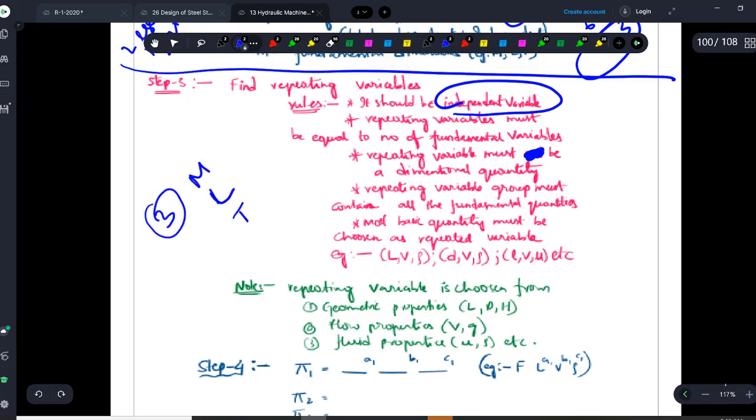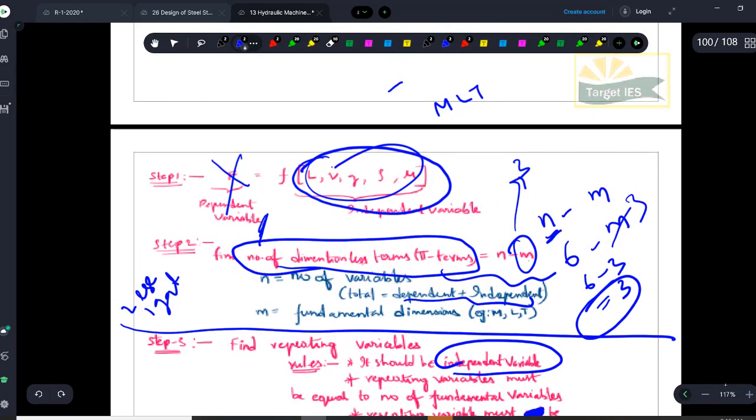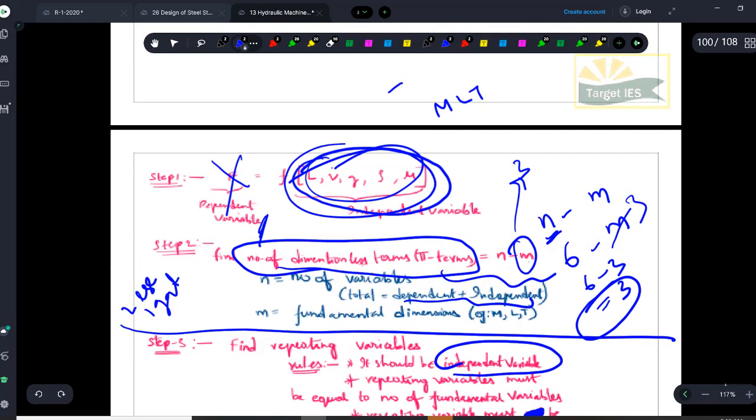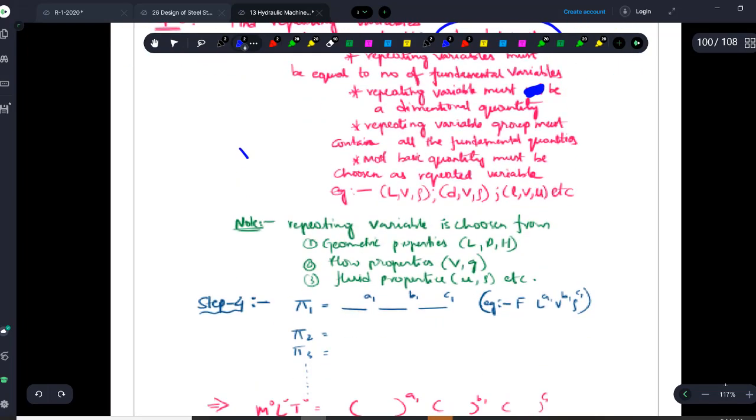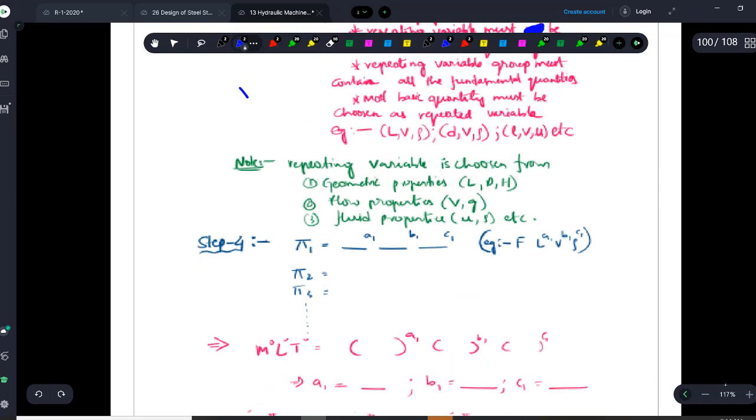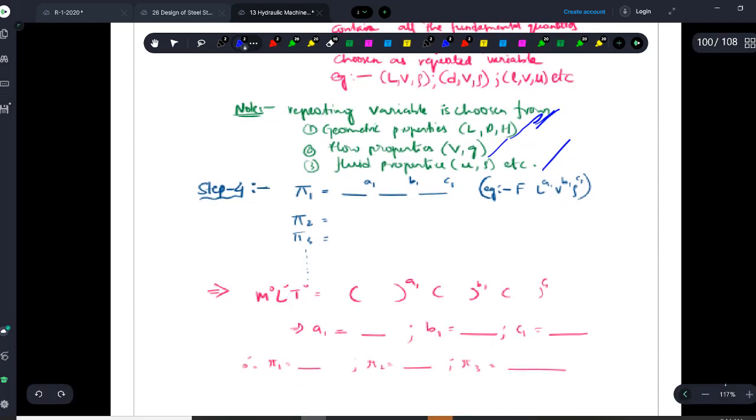Okay, when you combine all 3, for example velocity, G, you can take mu. In mu you have the mass term also, right? So in these 3 you are getting M, L, T, all 3. Like that you can select. Okay, so out of these 5, select in such a way where you are getting mass, length and time, all 3. I hope it is very clear. So generally a repeating variable can be chosen from geometrical properties, flow properties, fluid properties. So ignore it, not that important.